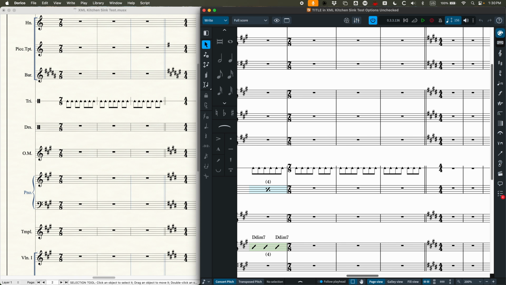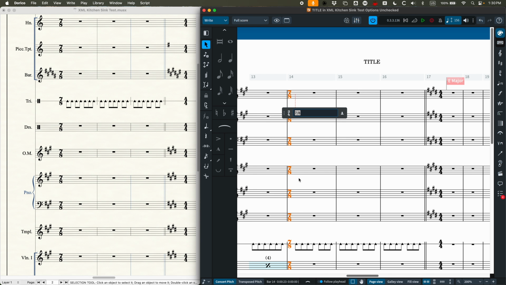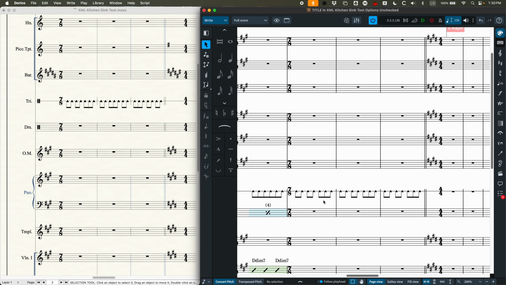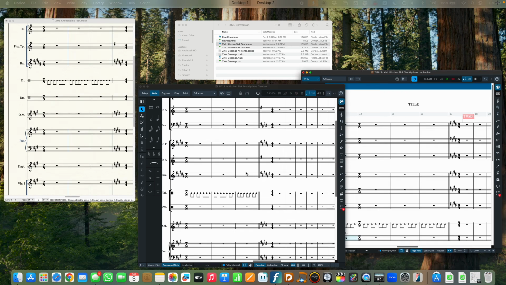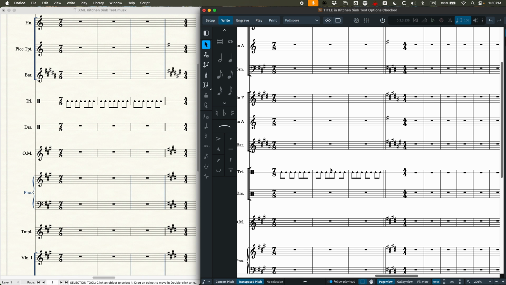And then when you make the changes to the time signature here, we can do 2 plus 2 plus 3, square bracket over 8. When you actually make those changes, it will update the beaming to reflect that. And then I could do 2 plus 3 plus 2 in the next one, etc. So again, depending on what you're trying to accomplish with these XML file conversions, if you need to do further